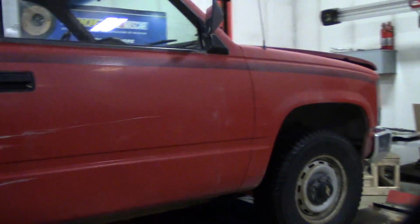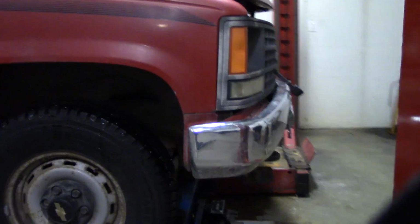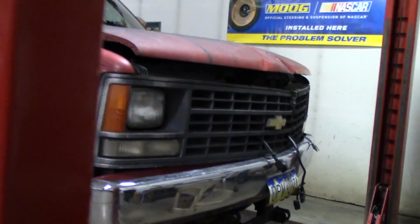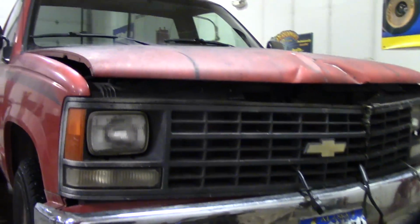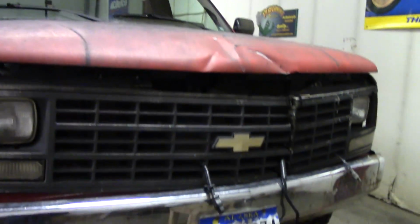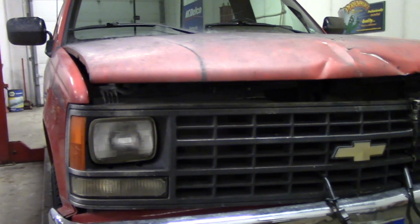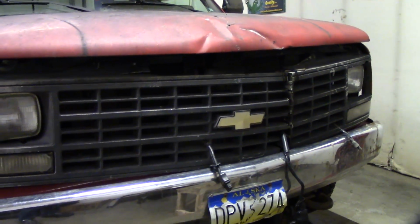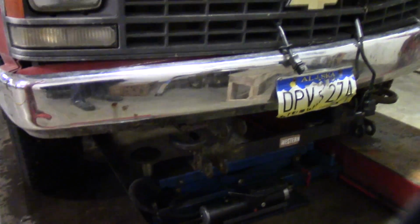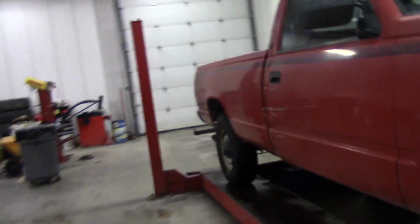But it's just amazing. And no, we don't use salt on our roads. I know there's probably lots of reasons to use salt on the roads. You guys have a lot of freeze-thaw cycles, especially in the Northeast. This one's used for plowing too. It usually has a plow on it. I made him take it off today, but